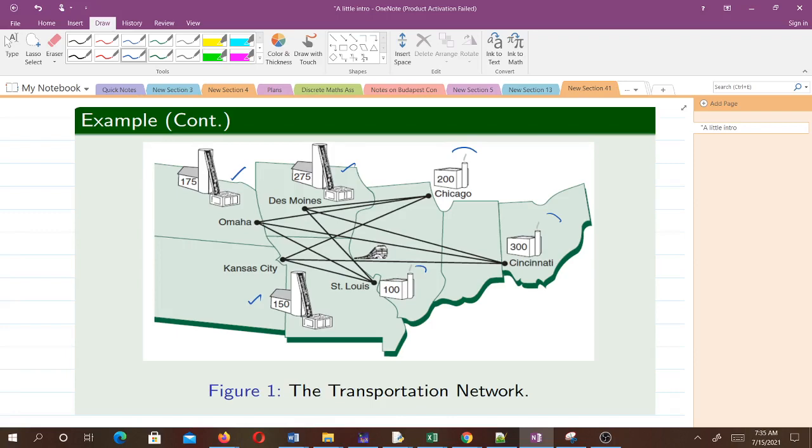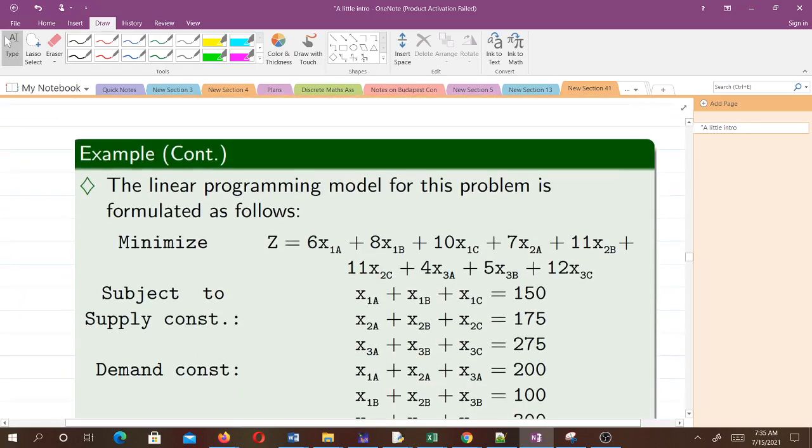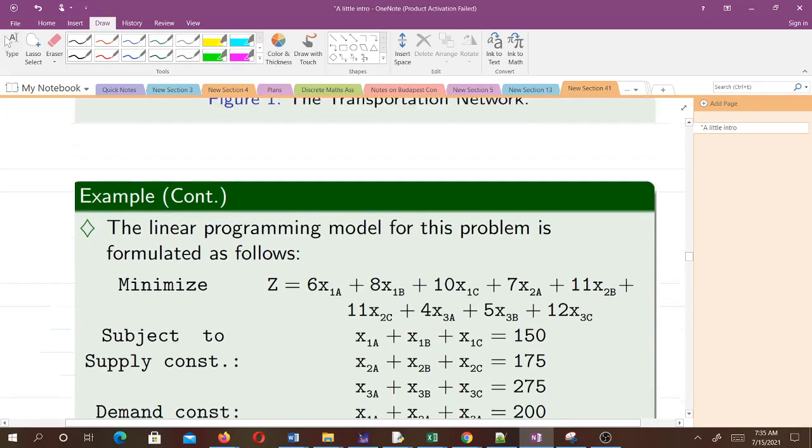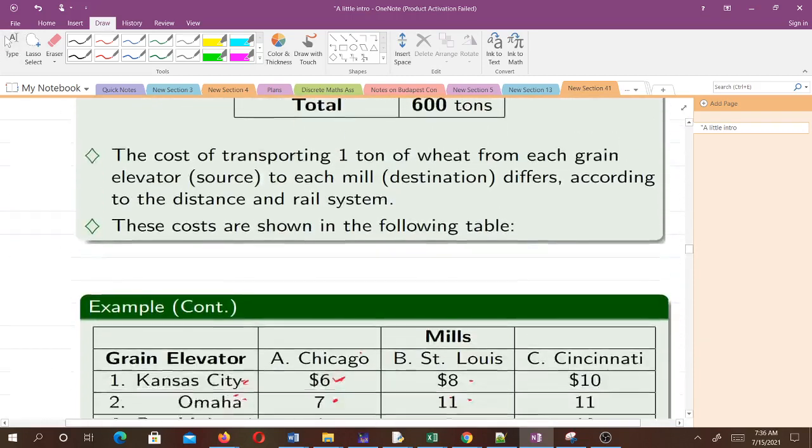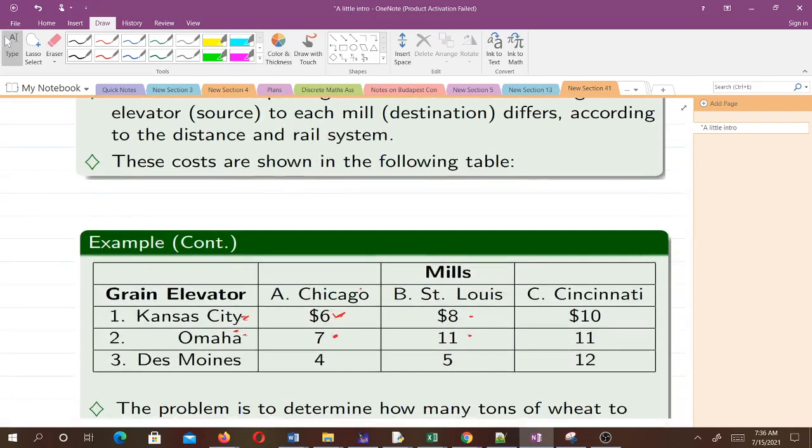And that's what we seek to address in this problem. So the linear programming model for this problem is formulated as follows. So this is how we formulate it. We are going to minimize the transportation cost, and this is how we get the transportation cost. We are going to let x be a set of decision variables,